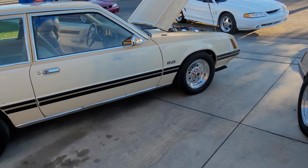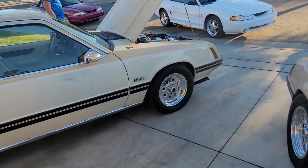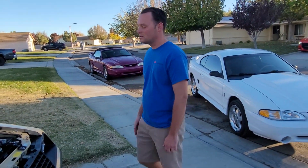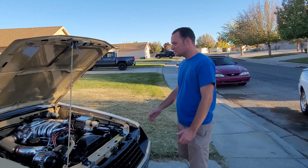Now I know I give coyotes a lot of shit, but I'm sorry guys, there's no coyote that sounds like that. You can put whatever muffler you want on it. Yeah, this one's got Black Widow mufflers, long tube headers, H-pipe, and like I said, it's a lot of